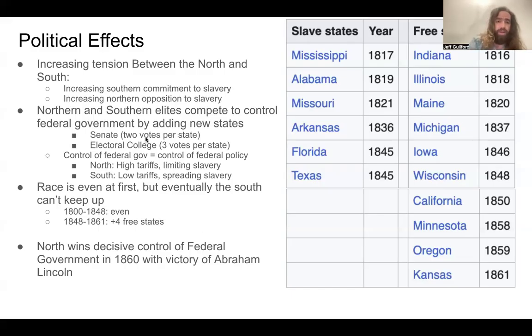So it's this ongoing political contest in the West that is eventually going to tip off the conflict between the North and the South, as the South realizes that there is no way for it to continue to exert influence and control at the federal level. And so the southern states just break away instead.